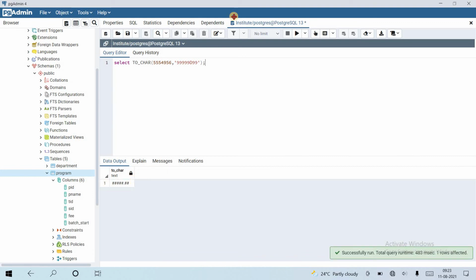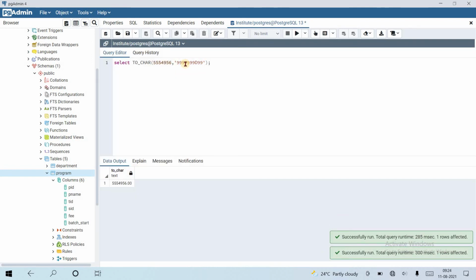Okay, let's run the query. It is not able to specify all the values, 1234567 and the decimal. So suppose I increase the number of 9s here.